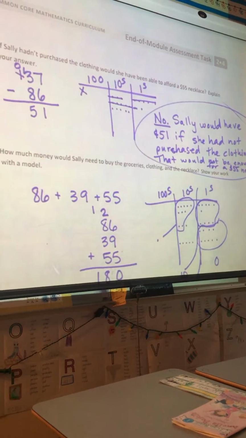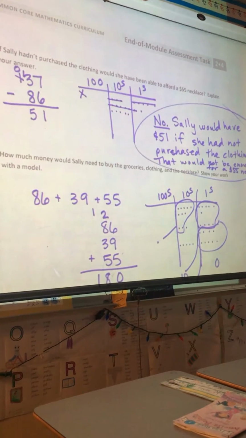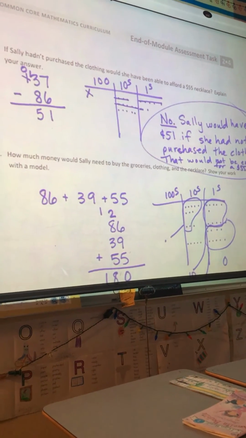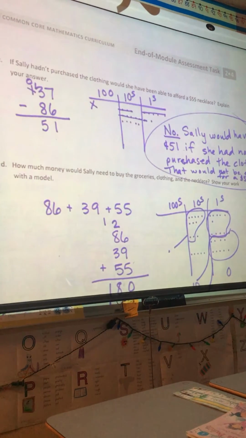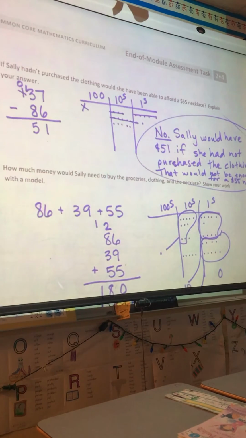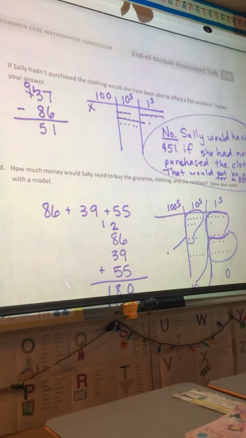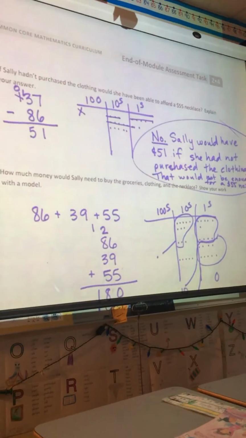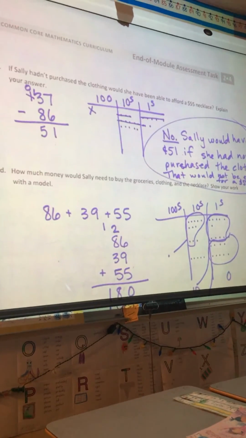How much money would Sally need? Sally would need $180 to buy groceries, clothing, and